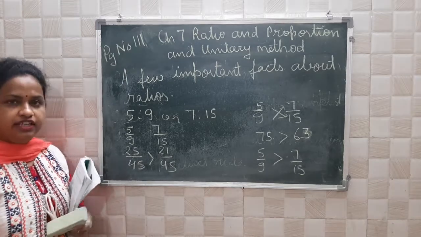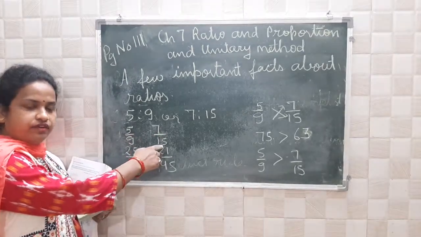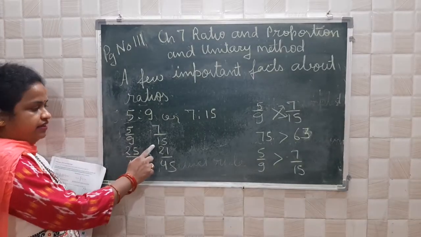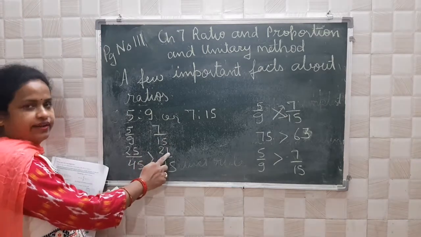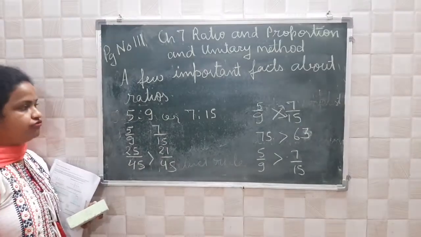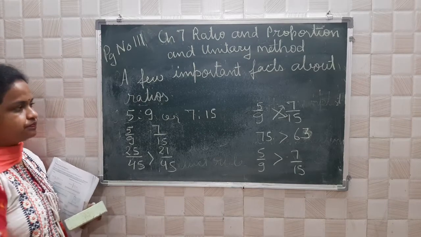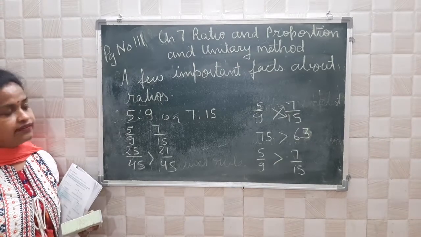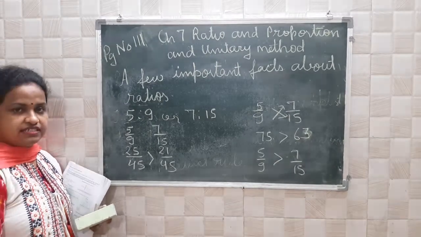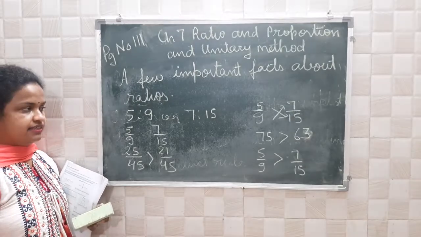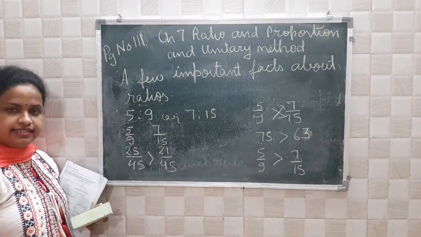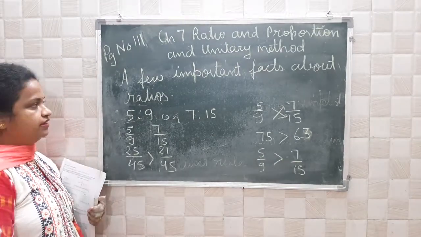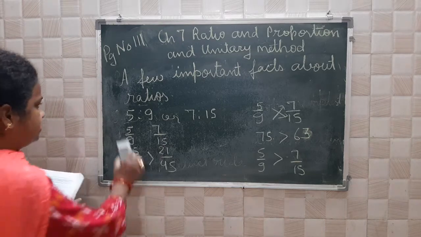5:9 or 7:15. So 5/9 and 7/15 you will write like this. So 9 5s are 45, 5 5s are 25. 15 3s are 45, 7 3s are 21. Which one will be greater? 25/45. Or you can do it by cross multiplication. 5/9 and 7/15. You see I have done cross multiplication. 15 5s are 75 and 7 9s are 63. So which is greater here? 75 is greater than 63. So 5/9 is greater than 7/15. Okay. Now comes the last point, the seventh one.